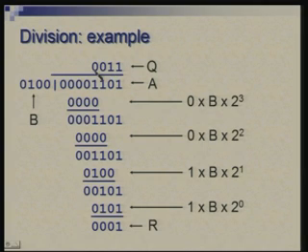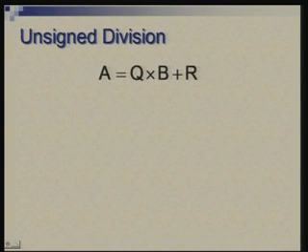in position number 3, counting it as 0 1 2 3 in Q, we record the result as a bit 0. Next time the attempt was to subtract B into 2 raised to the power 2, and then B into 2 raised to the power 1 and B into 2 raised to the power 0. The last value being subtracted is actually 0 1 0 0 and not 0 1 0 1. What we are trying to get is, given A and B, to find Q and R which will satisfy this.